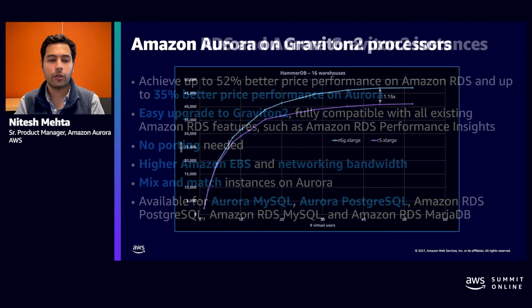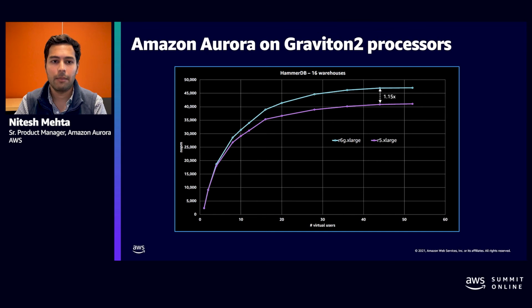So let me cover real quick what the performance benefits are. I know a lot of our customers are really curious, hey, what sort of performance can I expect? How should I kind of do the benchmarking? And what we usually tell customers is that you should always do your own benchmark using real-world applications, preferably production workloads if you can, to really hone down on what sort of benefits you can expect.